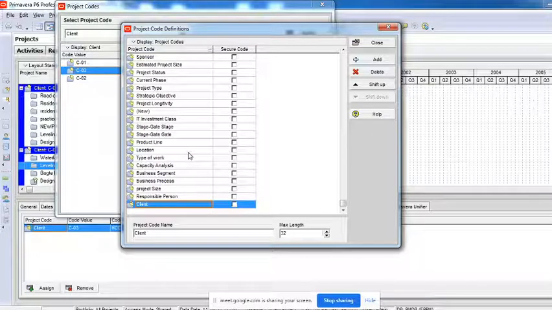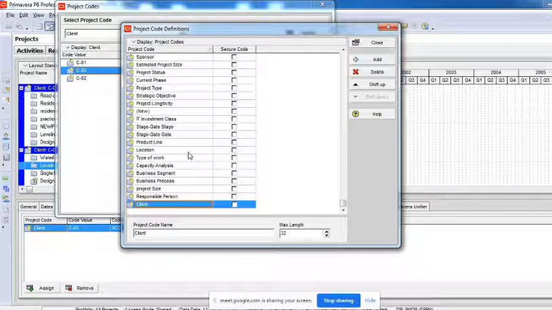I want to see it with respect to the capacity analysis or strategic objective, or sometimes stage gates also, in a way where we want to see for every phase there are different types of achievement we want to do. All the projects' outputs are not the same, no? There is no single or same output after completion of every project.